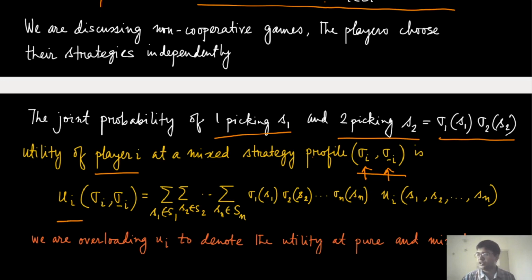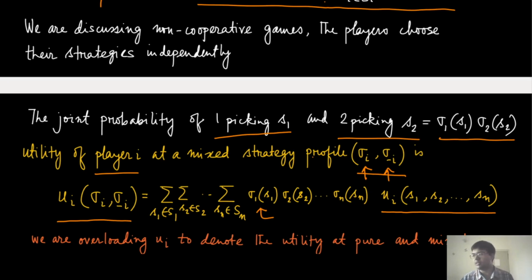So, and we are going to denote that as the utility of player i at sigma i, sigma minus i. And what it means is, let's start from the innermost element. So we have this utility of player i when players 1 to n are choosing strategies s1 to sn, and then multiplying by corresponding probability masses,